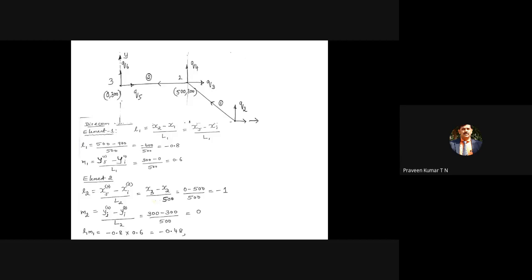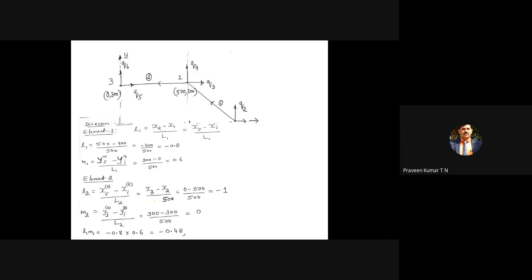Once you understand how to find the direction cosine, then if you remember the stiffness matrix and do simple mathematical calculation, the complete chapter is easy. Only the direction cosine calculations are very important, and some books do not give complete details of how to find them. But you have to remember only these two formulas. So yj is 300, y2 minus y1 is 0, the y coordinate is 0, divided by the length of the element, and finally you get 0.6.